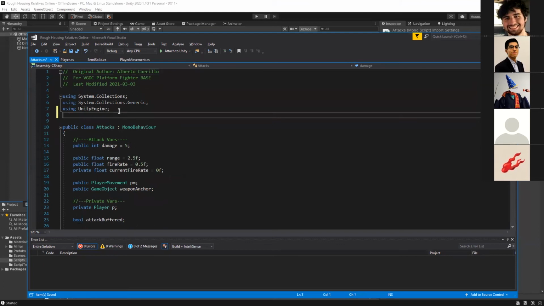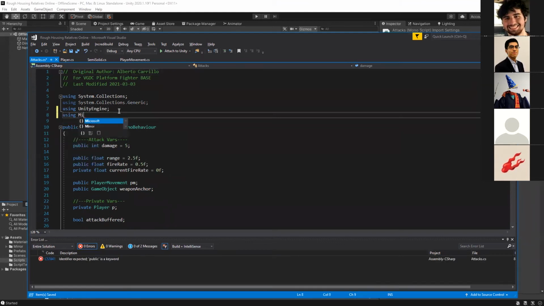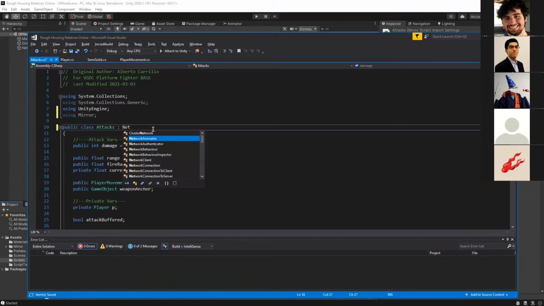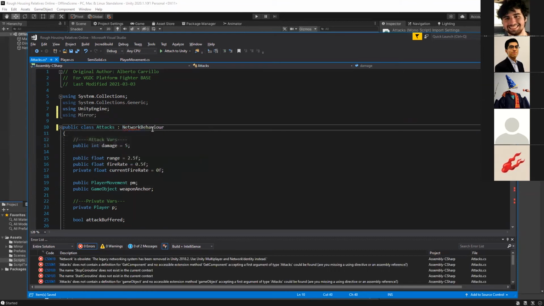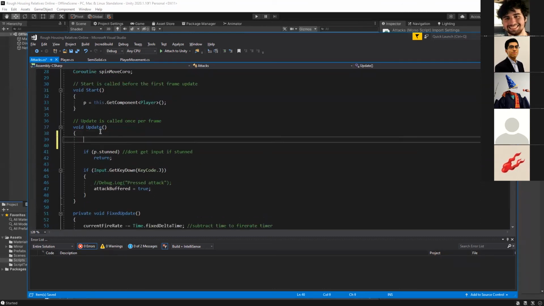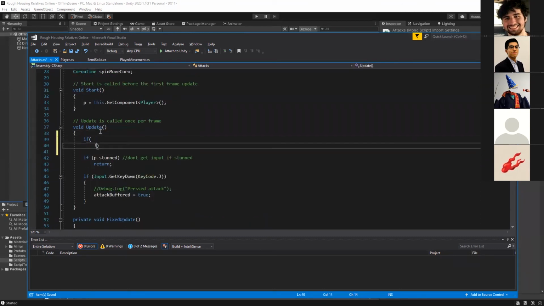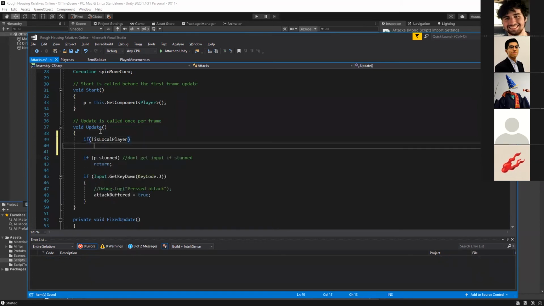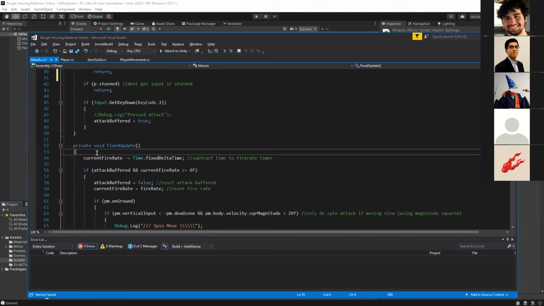The attack script will also be networked. Function. And the fixed update as well.